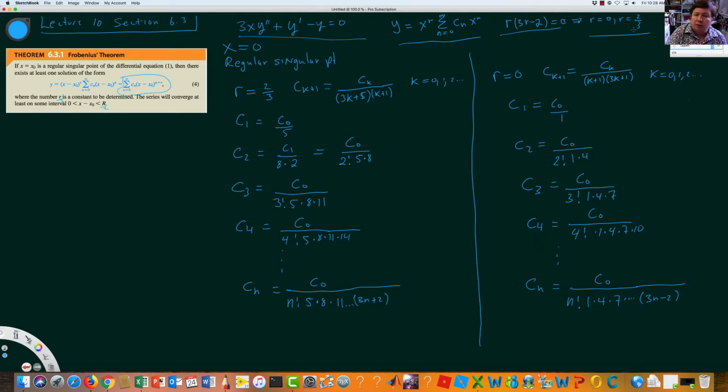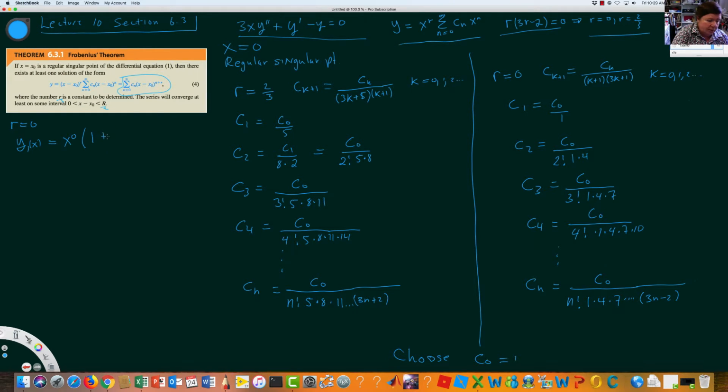So when we go back to our series up here, we can write down the 2 solutions, the one for r equals 0 and the one for r equals 2/3. So for the r equals 0 solution, what do we write down? Well, we look at our series. This is the first solution, y1 of x. y1 of x is x to the 0, which of course would just be 1, and then times C0, that's the first term, but we're choosing that to be 1. I'll put that down here: choose C0 equal 1. And so we get 1, and then we can write the rest as a sum,